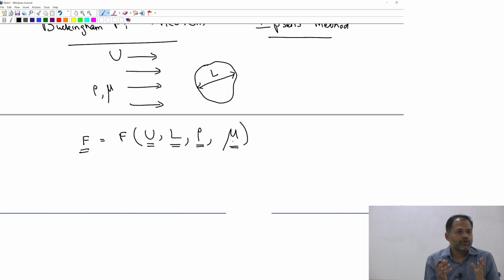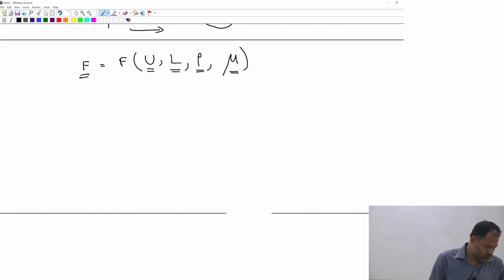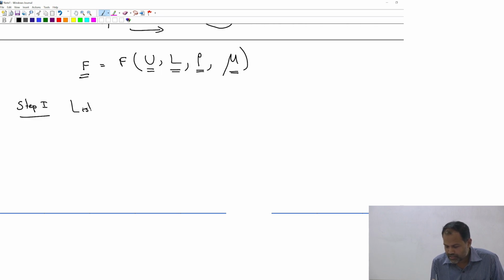Okay, in this case now we do not know what is the force that's going to be exerted, but we can still calculate some form of the force. Okay, and Buckingham theorem tells you how to do that. We'll do the proof on Monday. We'll just follow the procedure first and see what the procedure is, and then we will prove that what we have done is right. Okay. So, the steps involved, step 1 is list the variables